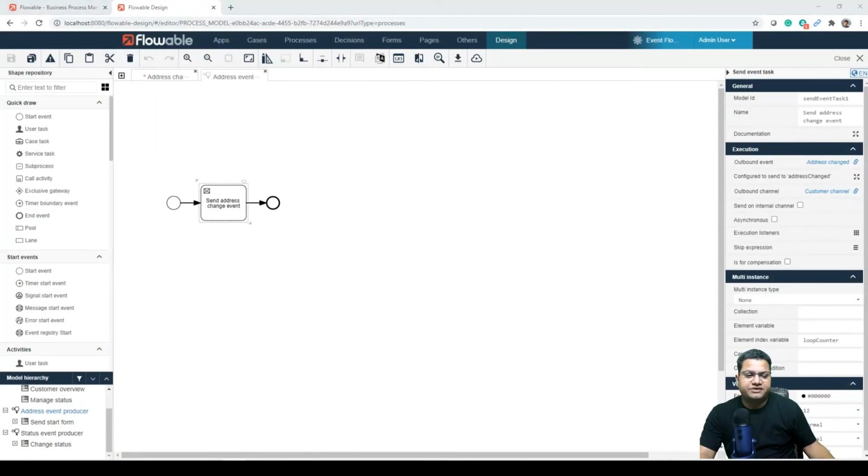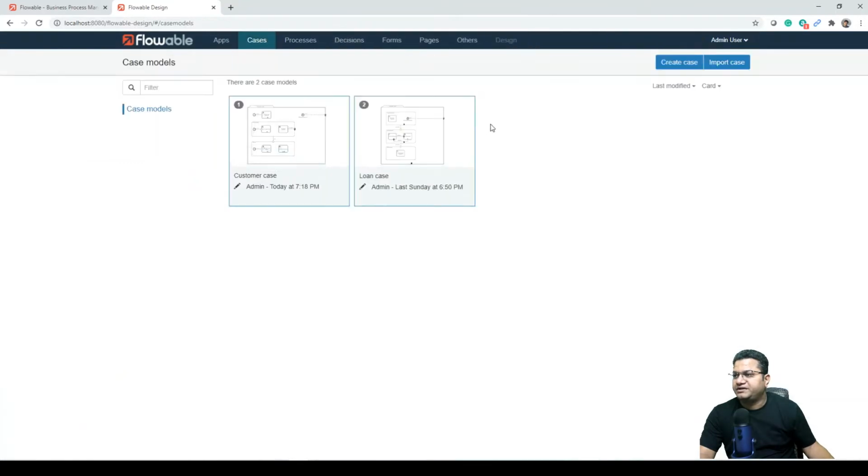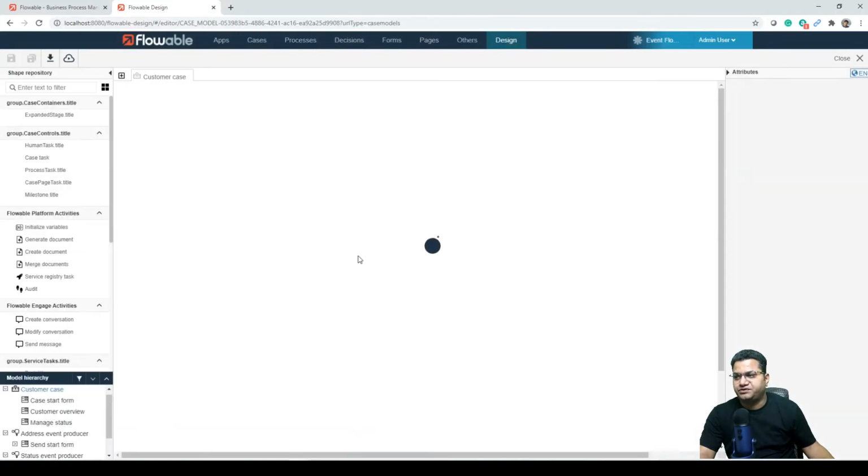Next thing that we're going to talk about is how we are reacting to these events. It is great that it's so easy to generate events for external consumption, but what's also really important is reacting to events posted by other systems or services. To see how you can model a case to react to Kafka, RabbitMQ or JMS events, we need to go and look at the models available. So let's go and see the customer case model. For that, we need to go in here. We have not done anything, so it's safe to close it.